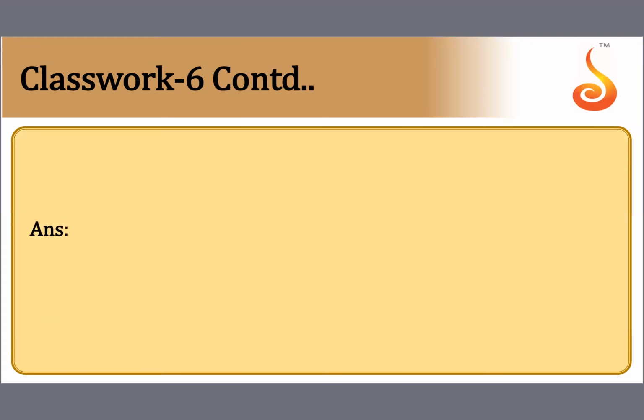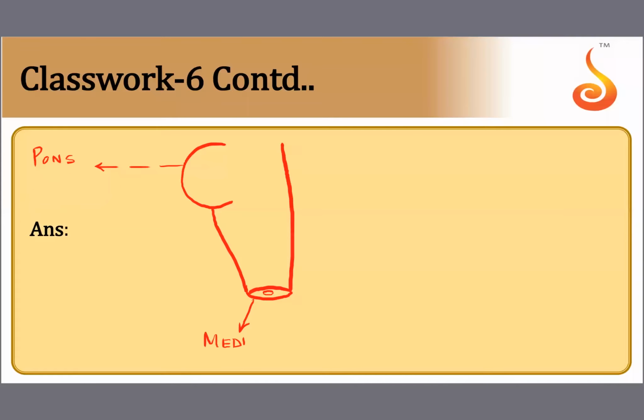Now, they were talking about the breathing rate, and I told you that your breathing rate is regulated by a very important region in your medulla oblongata. So if this is your pons and this is your medulla oblongata, this is a part of your hindbrain. Please remember, this bulge part is referred to as the pons, and this portion of your brain is referred to as the medulla oblongata. In the medulla oblongata, you will find two populations of neurons, one on the back and one in the front.